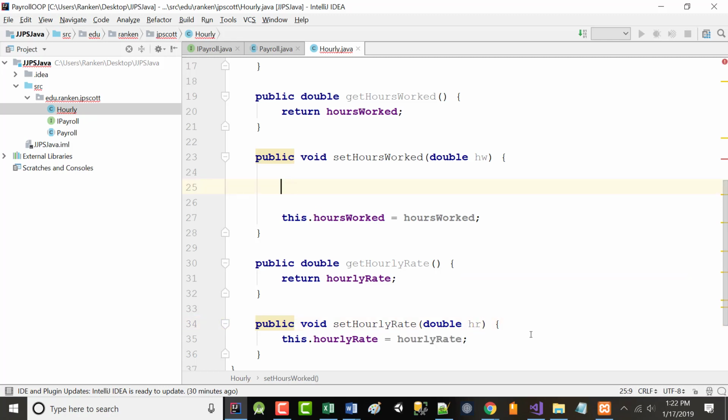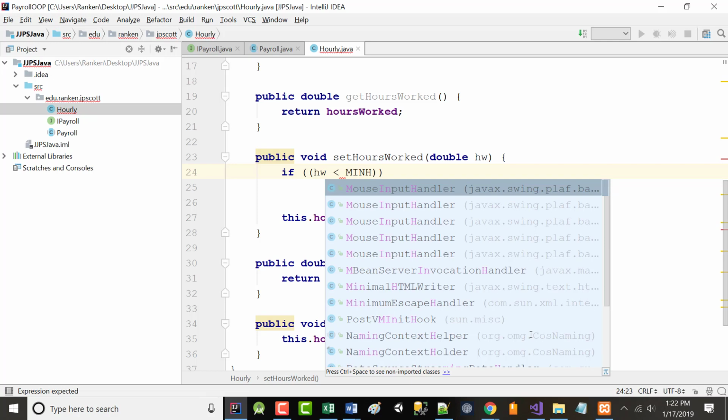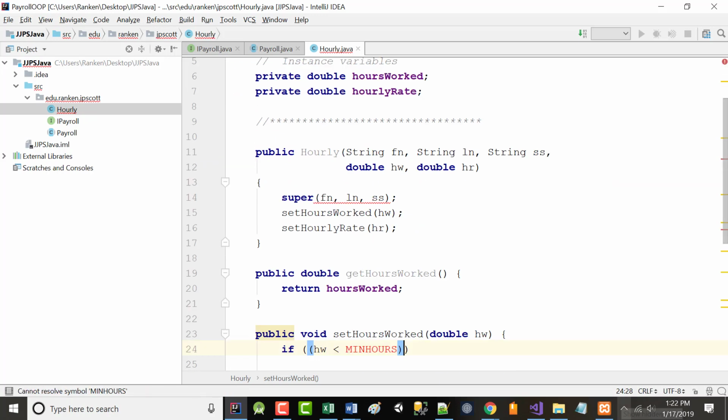All right. So now I'm coming in here. Now I'm going to do some work in my set routine right here. So I want to say if the hours worked is less than, okay, we're going to get an error. It's okay. So I'm going to say it's less than min hours.